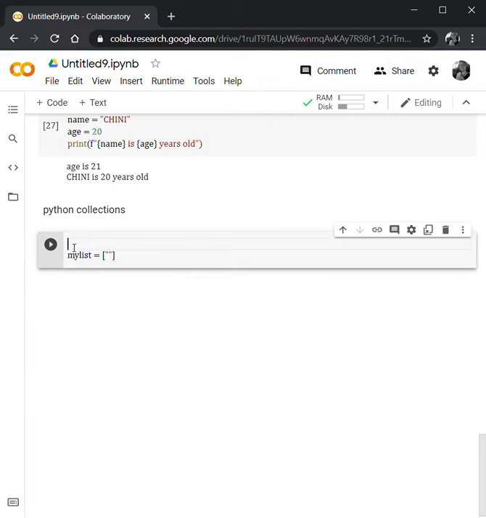The syntax is you have to use the third bracket, and you have to use comma to separate different variables. Say we have 12, comma 1, comma 3, comma 0, comma 4, comma 67. So this is a list,